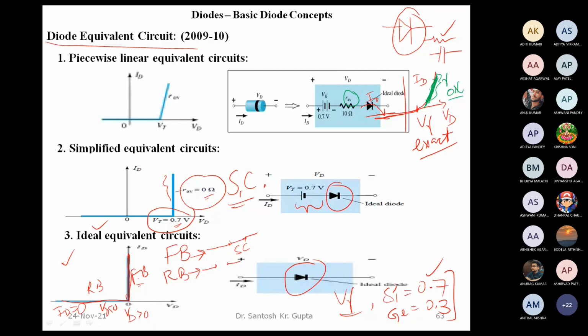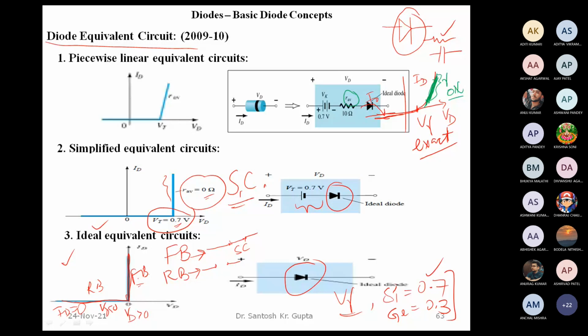Of course it is equivalent to having a line here. So we are trying to approximate this exponential variation in a limited region by a line. That's why this is called the piecewise linear equivalent model. This linear equivalent model is not applicable for a large variation. For a small variation, we can assume it to be correct.